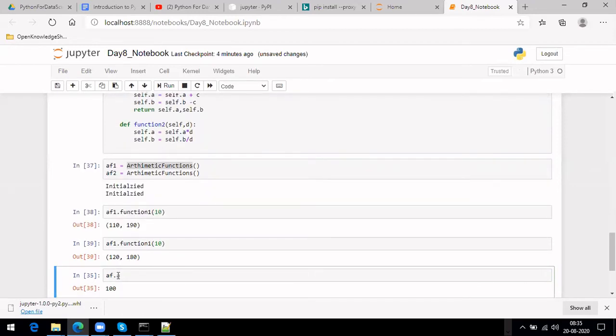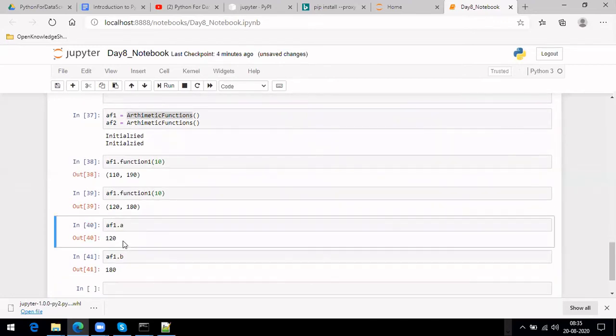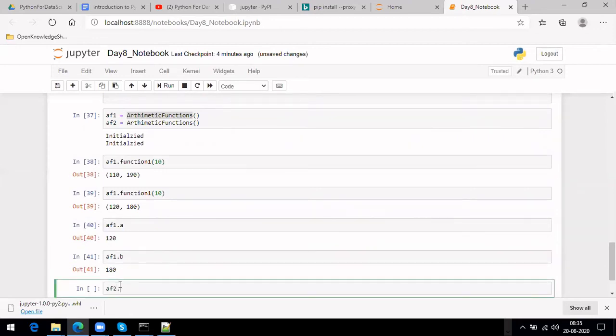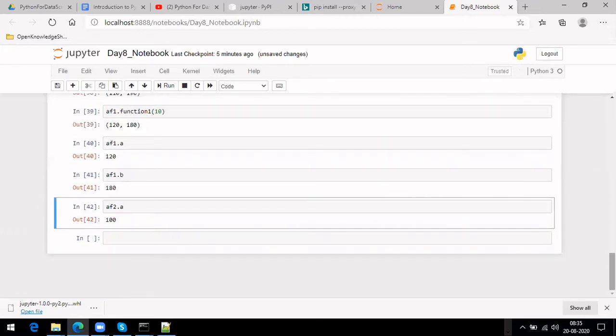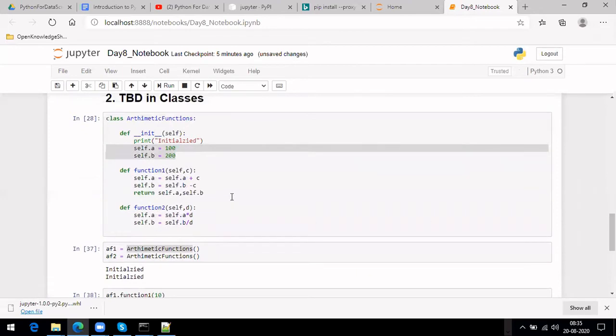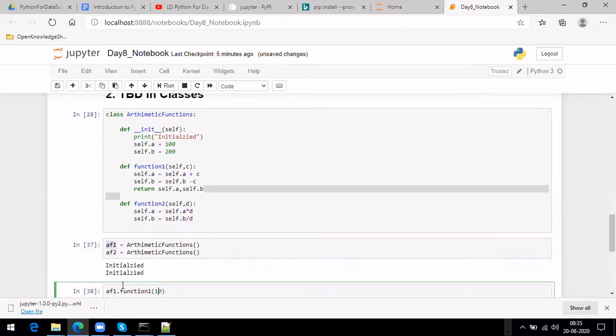Okay, it is coming well. You can see AF1 dot values are 120 and 180 now. Will it affect AF2 dot A? No, right? It stayed as it was, because even though you are using the same class, it's a different instance. AF1 is completely different from AF2.